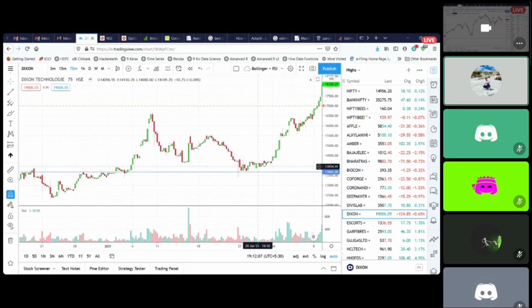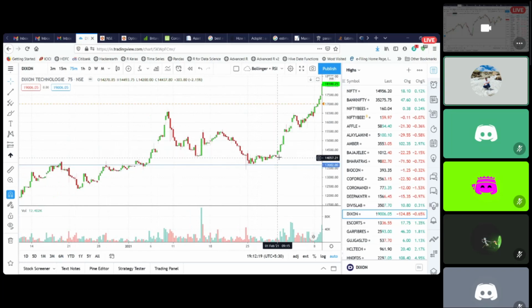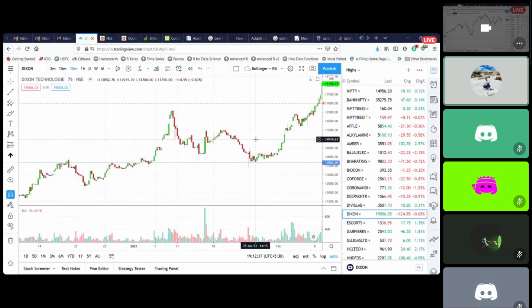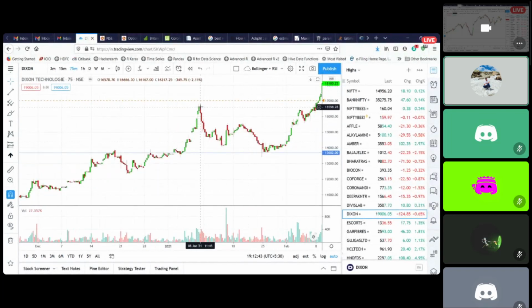So when this strong support starts forming up, this is where you start observing big green candles with decent enough volumes coming in. The moment you start observing these big green candles coming in here, where the volumes also start increasing, this is where you realize that, okay, this is a good point to take a trade. It is going up from the support. So your stop loss becomes below the support and your immediate target becomes the most important resistance zone. In this case, the previous swing high, so this was the swing high, all-time high here. This becomes your resistance zone as the first immediate target.